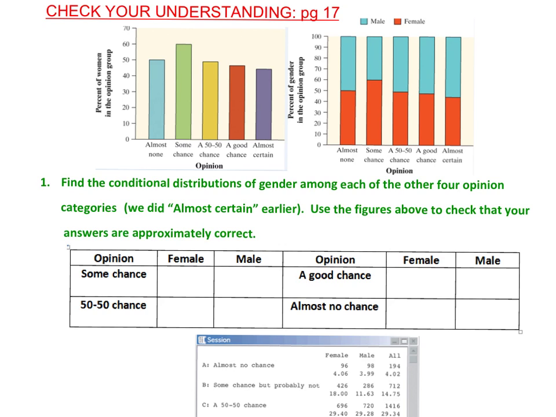What you see to the left, that's just for women. Okay, but I want to show you the information that you would need. So that's a conditional one there on the left. How you would make something like this. Okay, so go to some chance. All right, the condition is now, if you responded some chance,